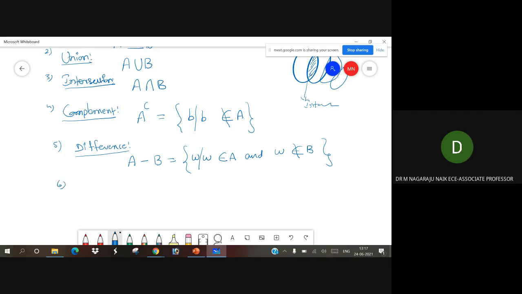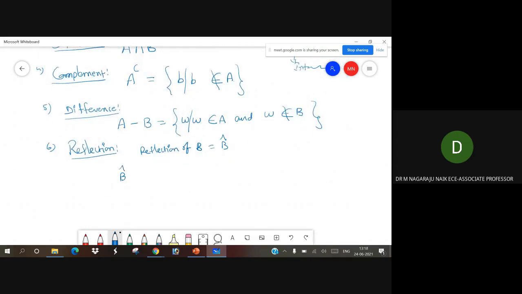Then the sixth one, reflection. The reflection of B is denoted as B cap.